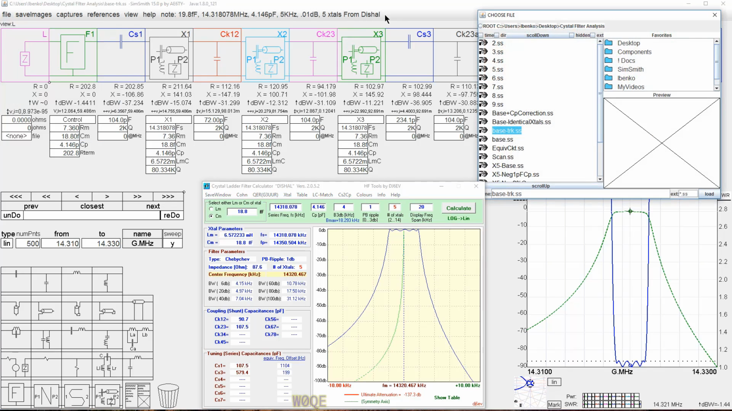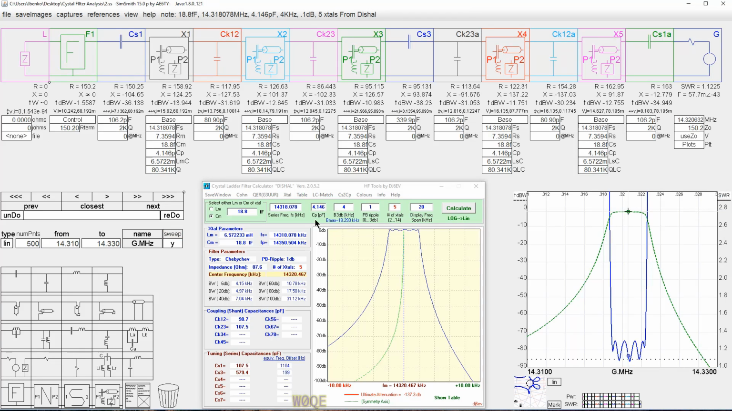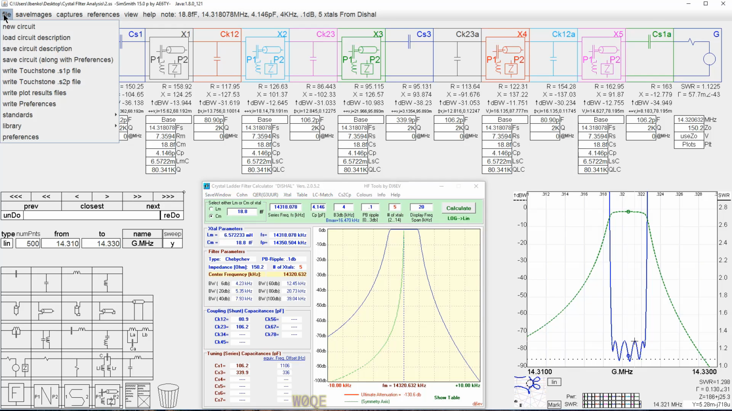If I load this one, and again it stays behind here, this one matches this filter, which was the 1/10 of a dB ripple. Notice what happened to the passband SWR. Passband SWR went from less than 1.1 to 1 to just about 1.3 to 1. And let's see what happens when I change the